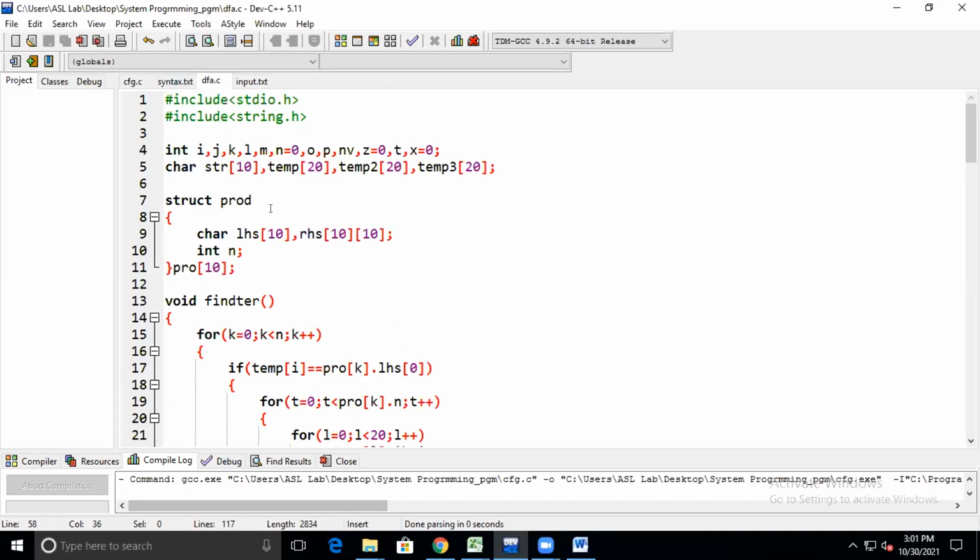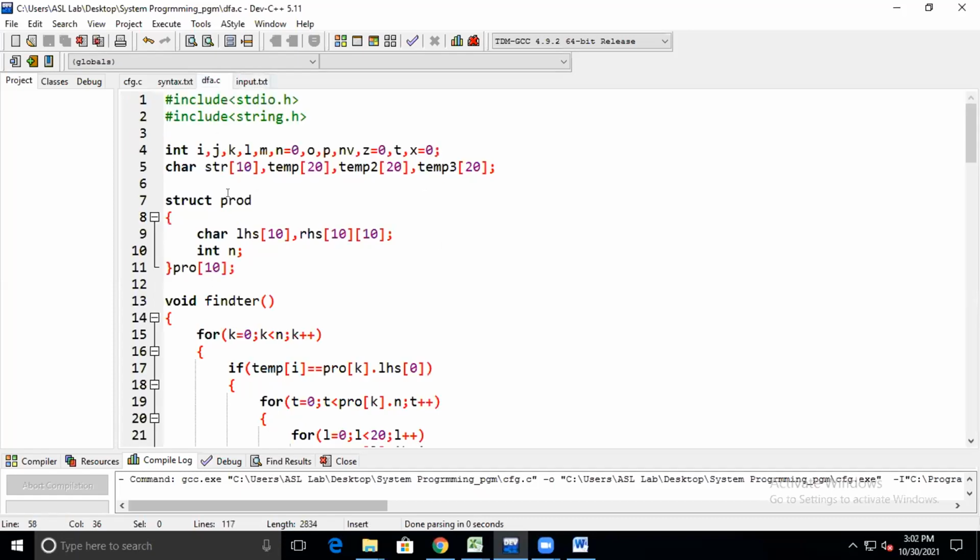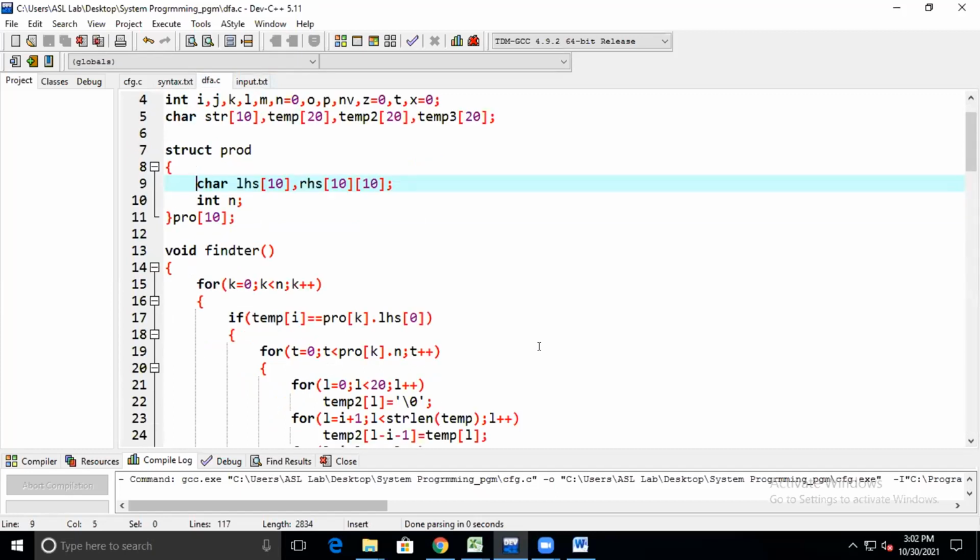Similarly, the same programming format I have kept, and I, J, K, L, M, N, O. Many of you can take any other variables also, because if you are using A, B and C here, then don't use them as an input value or integer value. This is the basic difference we need to keep in mind. Then I have used the structure, called the classes over here, and methods have been called. Then the character for right hand and left hand is given. Next, I am operating over some values which may be kept temporarily,